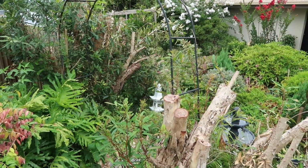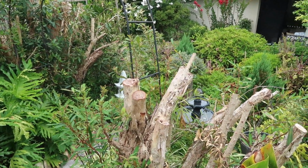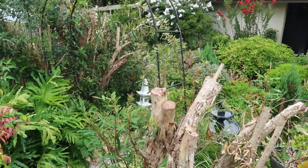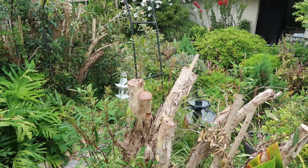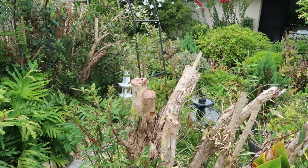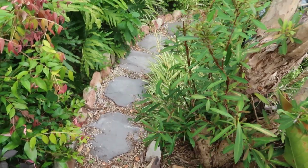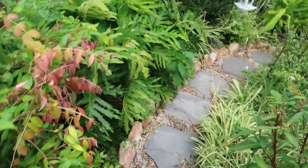So just to give you a little idea, this is the angle you would get from that seat. Really pretty. And then if I just head back down the little pathway,